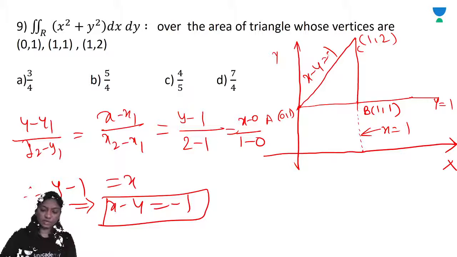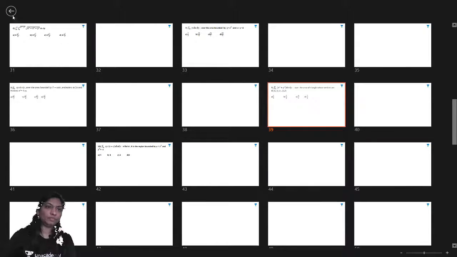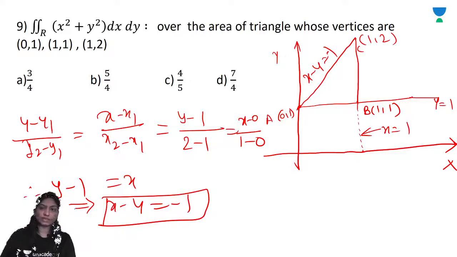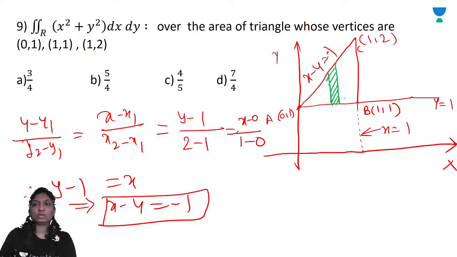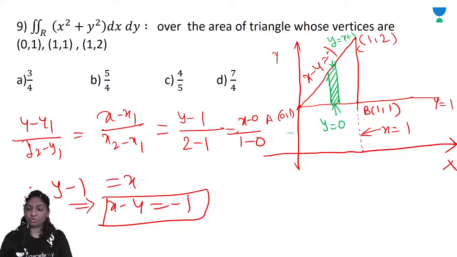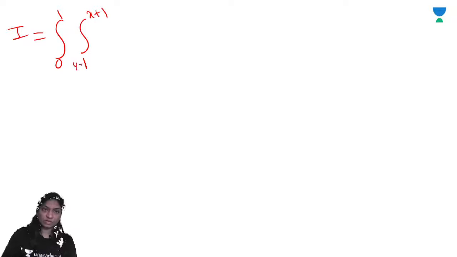Clear? Now we will integrate with respect to y first. So draw a strip parallel to the y-axis to get the integral limits. Now this is the strip parallel to the y-axis. See the lower end of y is equal to 1, and the upper end is y is equal to x plus 1, and x is varying from 0 to 1, right? So easily we get the integral limits. So I is equal to integral from 0 to 1, integral from y is equal to 1 to y is equal to x plus 1, of x square plus y square dy